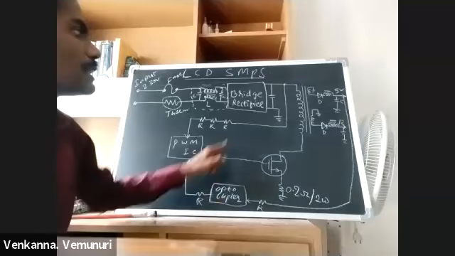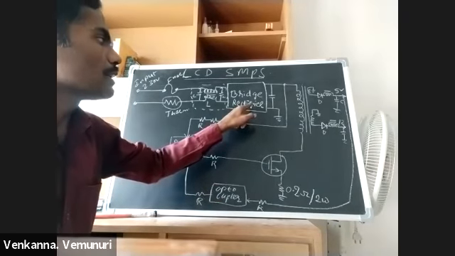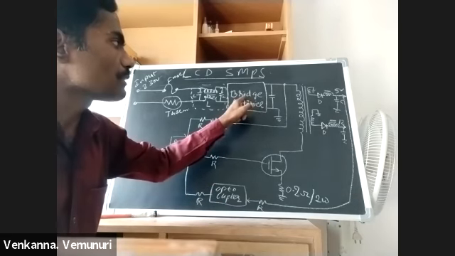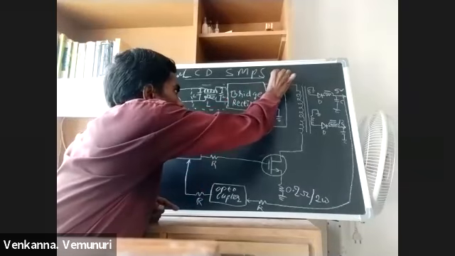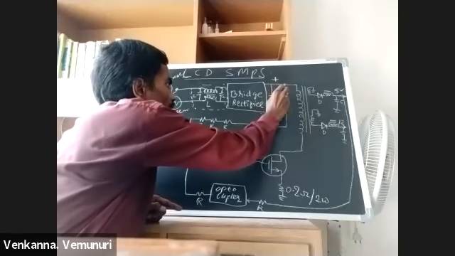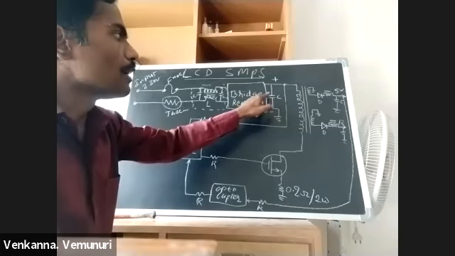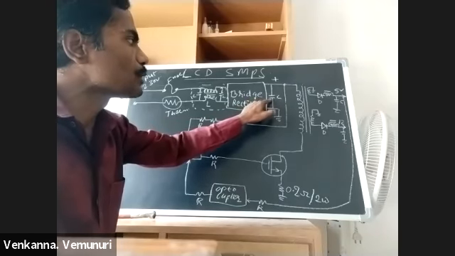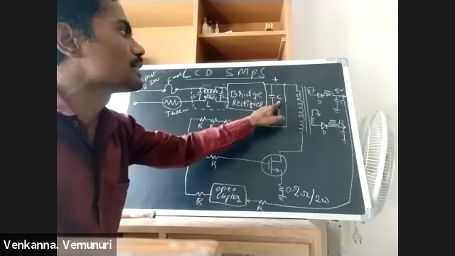Now, this bridge rectifier is converting AC to DC, and it is giving output. Here, this is the DC positive and this is the DC negative. After converting AC to DC, this DC also has some ripple. We are eliminating that ripple by using this capacitor. After the capacitor, we are getting pure DC voltage.